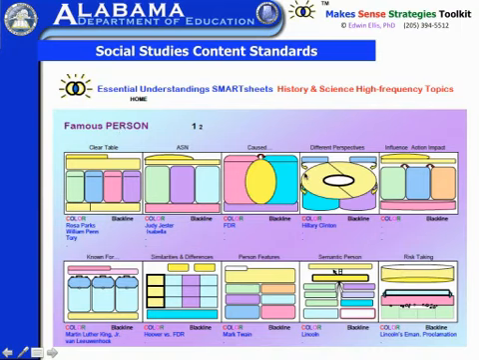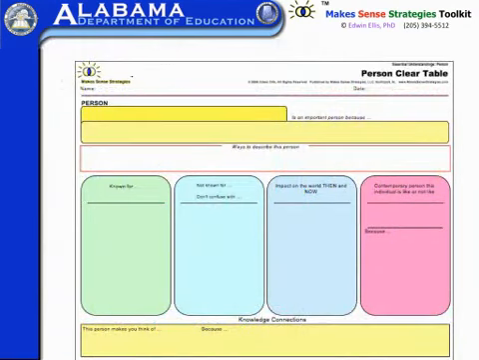So all of these already have prompts embedded in them that are designed to cue students to think about a famous person in various ways that focus their attention on what's essential to understand. For example, I'm going to click on this clear table. And so what you have in terms of the prompts is who's the person, is important because, ways to describe